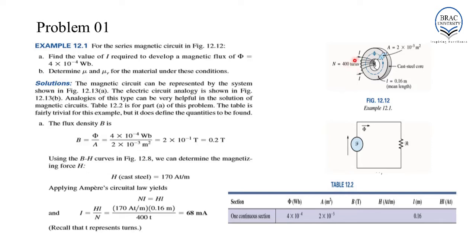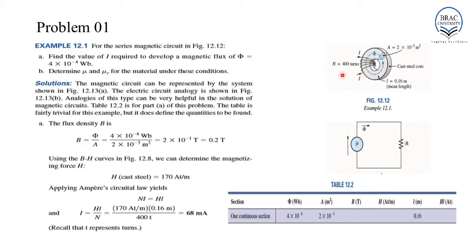I is something which we have to determine. Phi, that is magnetic flux, is given. A, the area of cross section, is also mentioned. The length of the core is 0.16 meter, and the material used to make this core is cast steel. The equivalent magnetic circuit for this structure will look like this, where the magnetomotive force